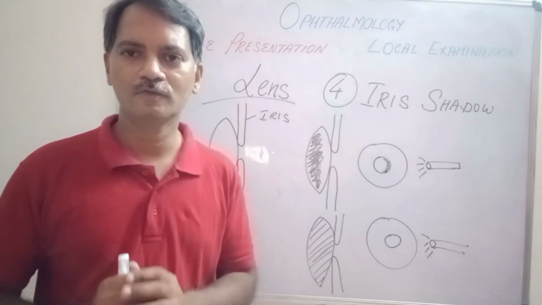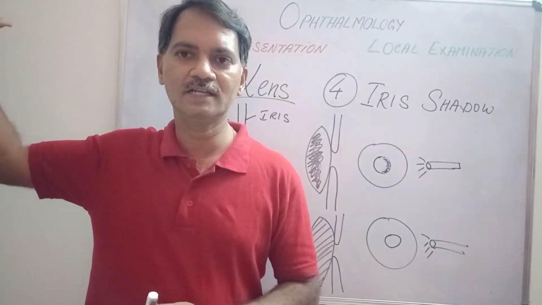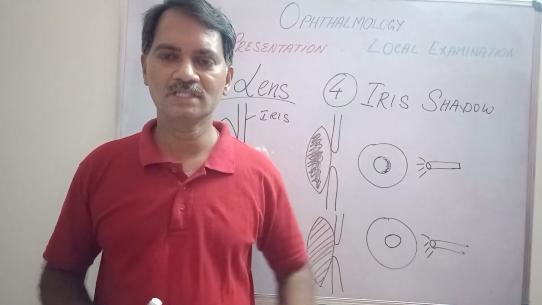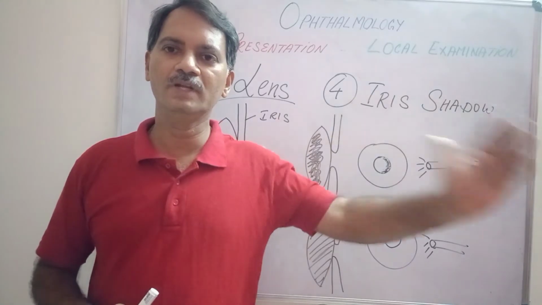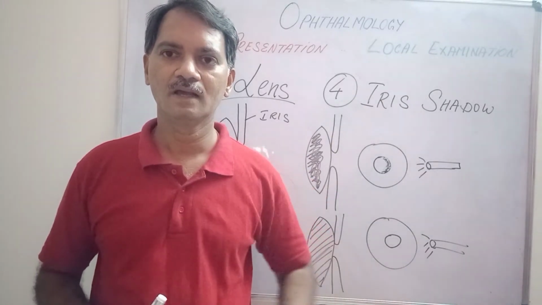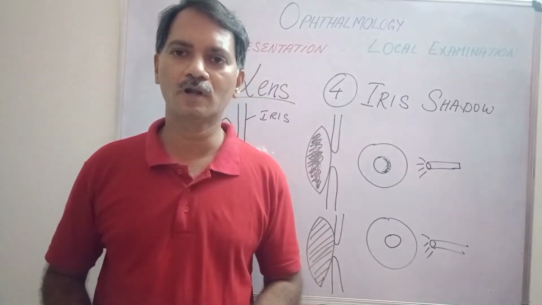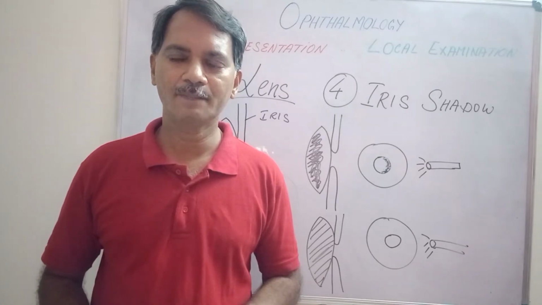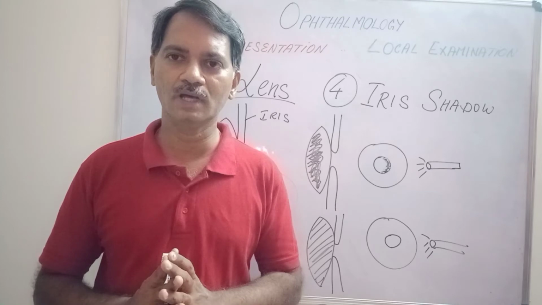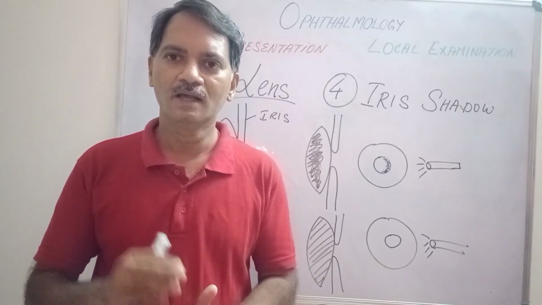What is a shadow? First of all, suppose I am standing like this. There is a light on this side. There is a road or floor on this side. What will happen? My shadow will fall on the floor or road on this side. Suppose I am lying on the floor or road, what will happen? Because I am directly lying on the road and there is no space between me and the road, the shadow will